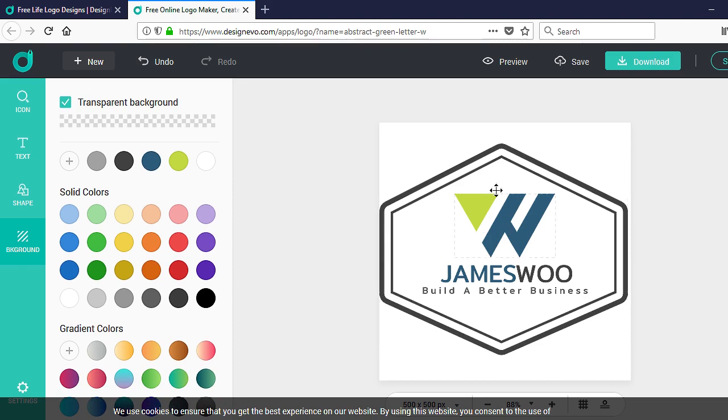So like I mentioned, I think I'm pretty happy with this rather than mess up the logo. Okay, it's pretty interesting with the W there, and if you can see here, maybe, oops, let me undo that. There's something like a J, so it might stand for James Wu. Just nice. Now once you're done, you can preview the logo,